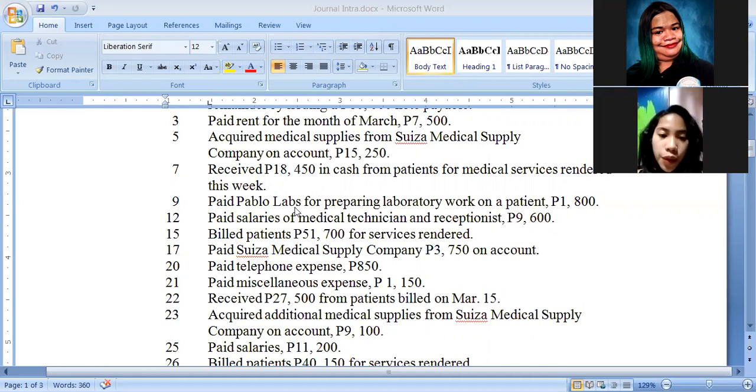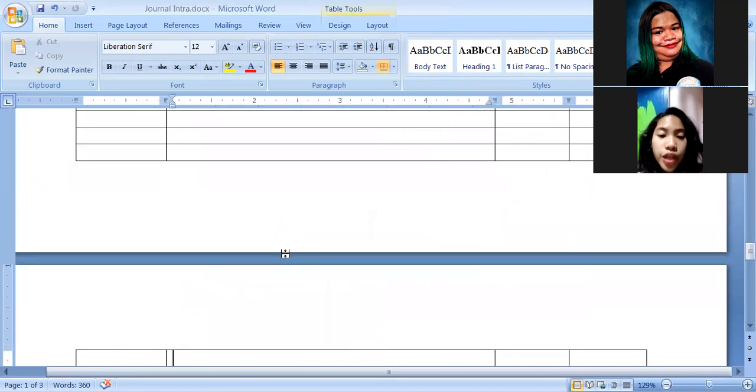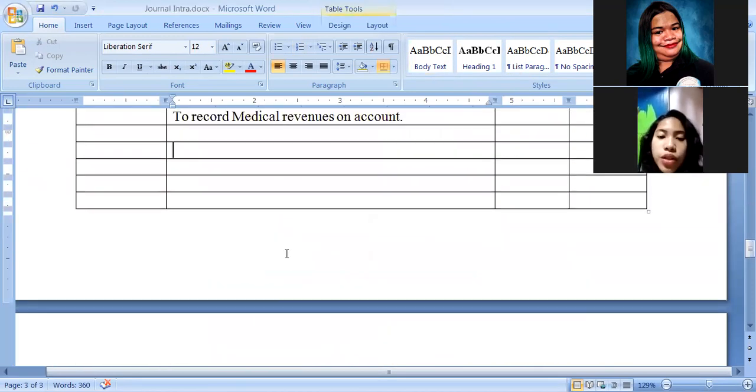Sereno, and I'm going to proceed on the topic that has already stopped. It was on March 17. Okay, so let's start. On March 17, paid Suiza Medical Supply Company 3,750 pesos on account. So si Samuel nibayad siya sa Suiza Medical Supply Company in the amount of 3,750 on account. So sa ato ang journal entry, una nato ibutang ang March 17, which is